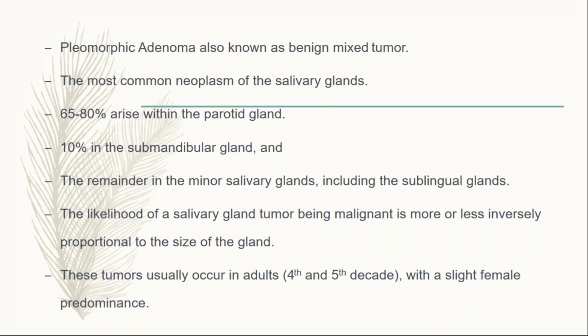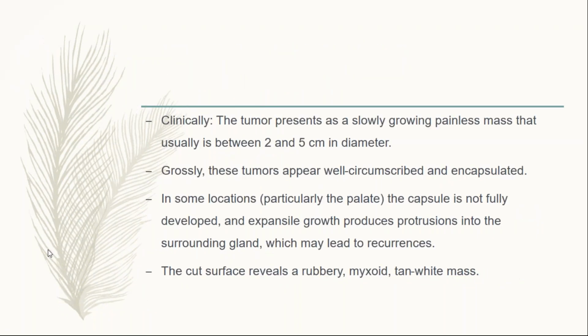Okay, and these pleomorphic adenomas usually occur in adults in the 4th and 5th decade with a slight female predominance. Clinically, these tumors present as a slow growing painless mass, usually between 2 to 5 centimeters in diameter. And the most important thing, both grossly and clinically, is that these tumors are well circumscribed and encapsulated, but